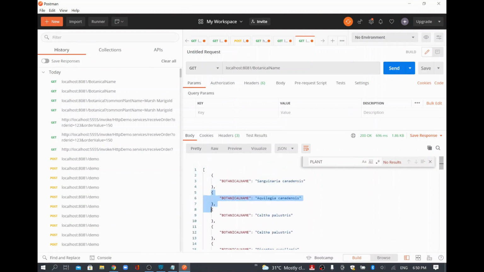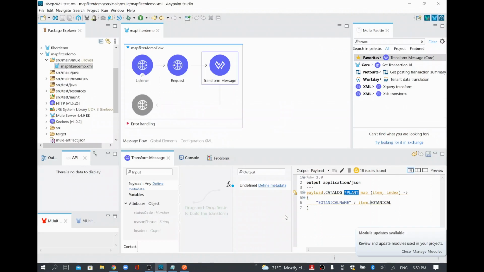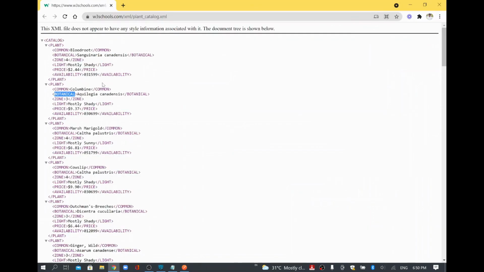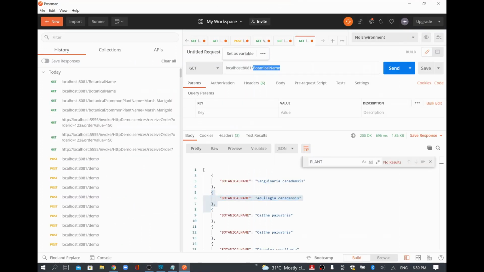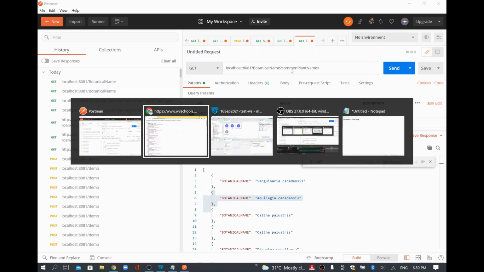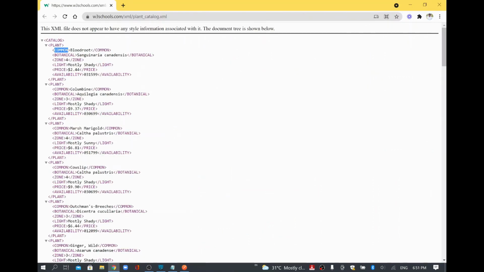So now I wanted to filter only specific data. For example, I wanted to pass this blood root, and I wanted to take this botanical name. So how do I take it? So I need this common field name as an input, right? So I'll pass that input. So how do I pass the input? You can pass the input here. So I can say question mark, and this is a common name, right? So I'll just give, this is my common plant name, and then I can give equal to, and then my value, right? So I'll just give this value, marsh marigold, right? I'll give that value,